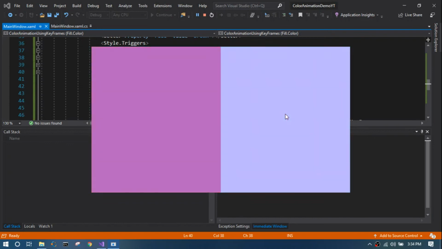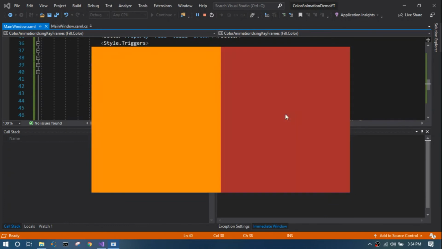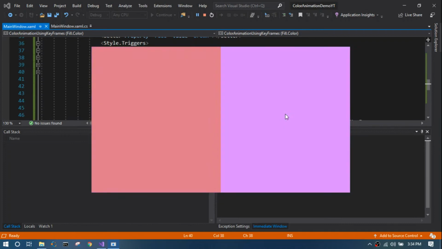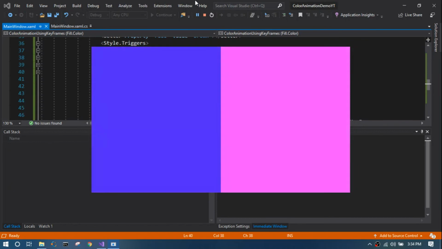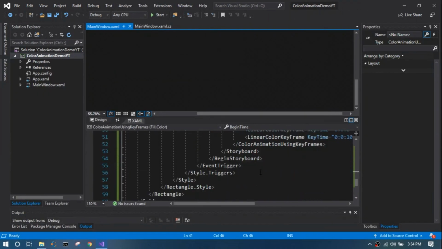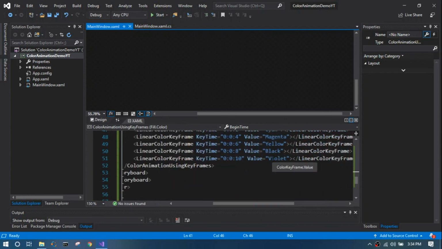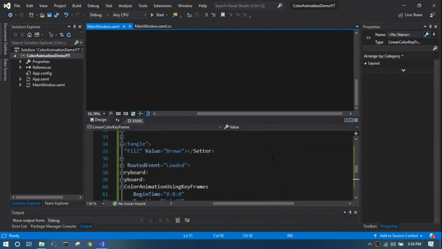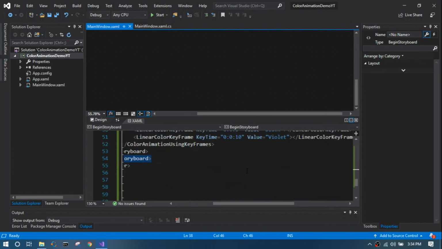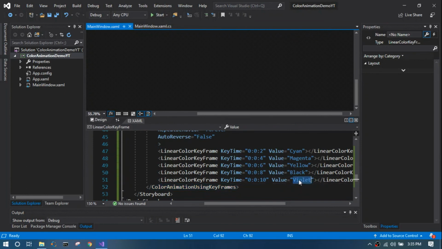So cyan it goes, and magenta, yellow, black, violet. Okay, so as soon as it goes to the violet, it suddenly blinks off to the brown, and the brown is not at all being seen. So in order to do that, you have to make sure your last color is going to be the same as your first initial color, so that you will see a smooth transition from the last to the start. From the last, again it's going to start up from the first. So if you do that, let's see if I make it as brown,